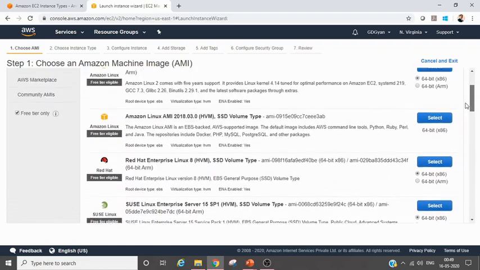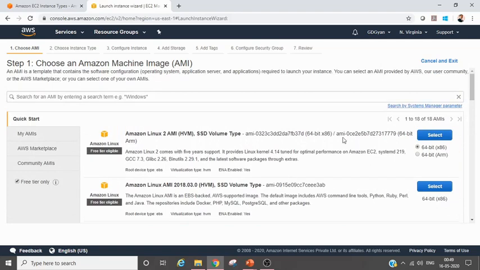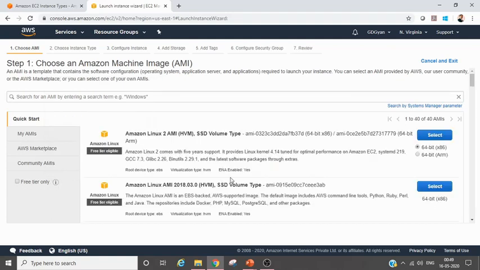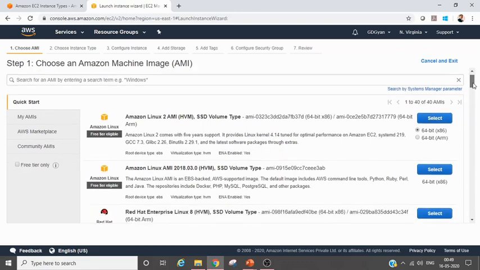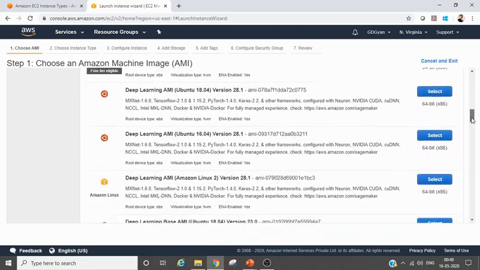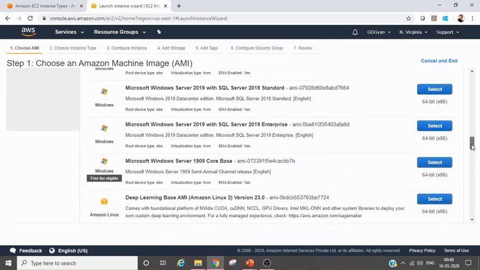Let's look into the other stuff. Amazon Linux, SSD volume type, right? You can see that this includes Docker, PHP, MySQL. So this is a package, they already have this installed. Let's look into here once. Okay, let's uncheck this one and scroll down slowly. Let's look slowly at what all the different things we have.